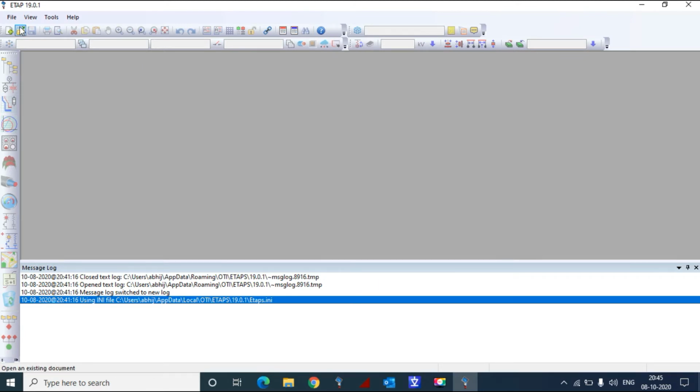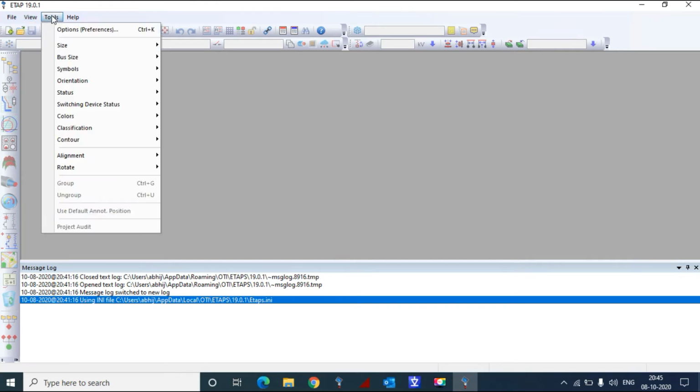On this side, if you want to see what our file contains, the file basically contains the same new icon that we see here. So you can download a project from NetPM project, you can open a project, and you can create a new project also. Currently there is no toolbar activated, only status and message log. Then tools, in the tools you can see there are different sections available, different parameters we can put.